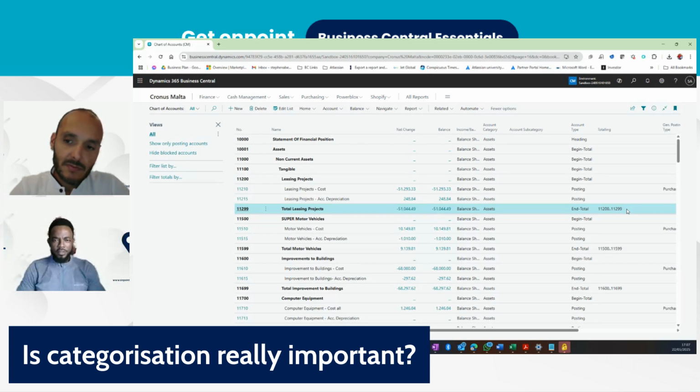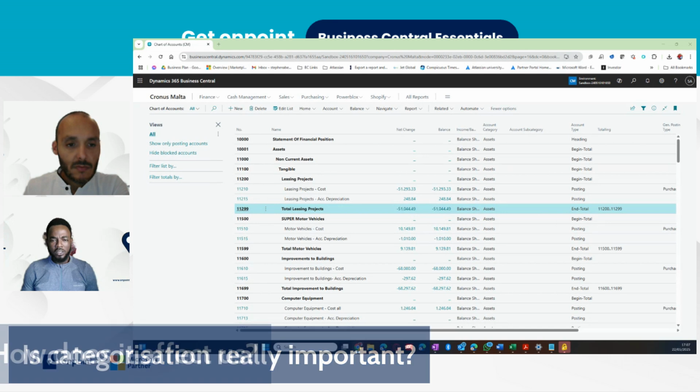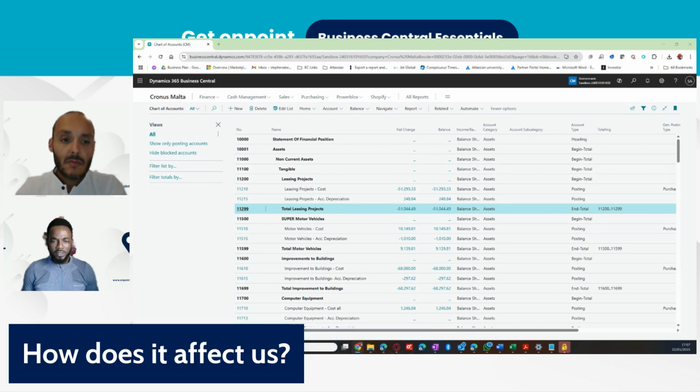Yeah, it's actually a very, very integral functionality of Business Central. But we also like to know, how does this affect us? Not just affect us, but also help us, not just as accountants, but also as a business. Yeah, maybe more important than just the accountant is also the other non-accounting people. Let's bear in mind Business Central is not just for the finance team, but for the whole